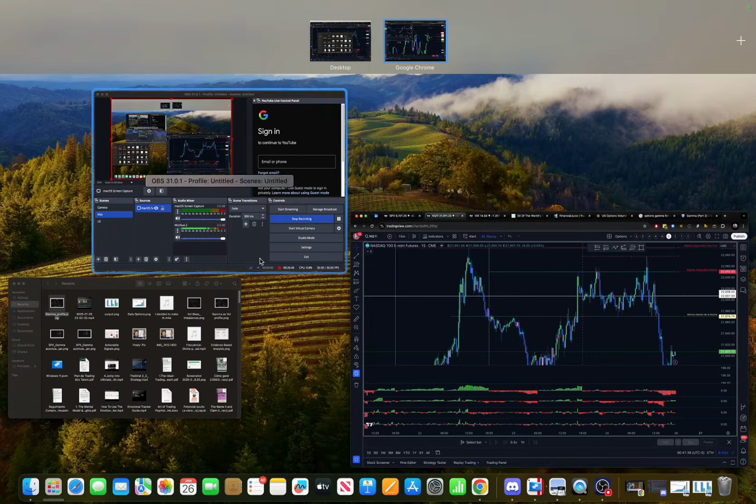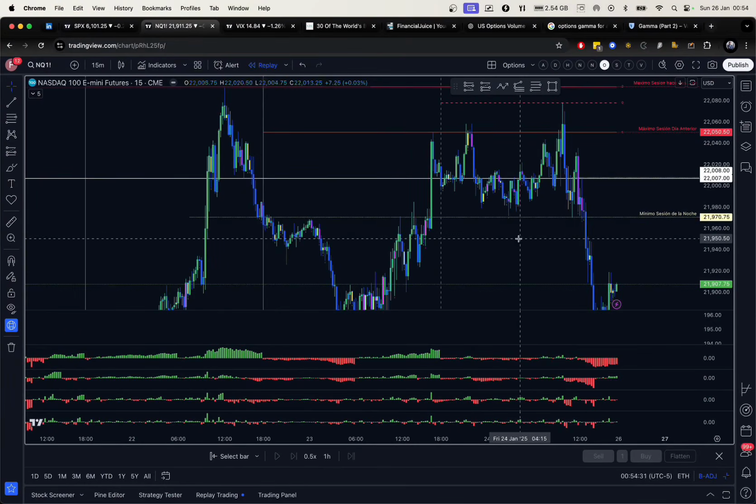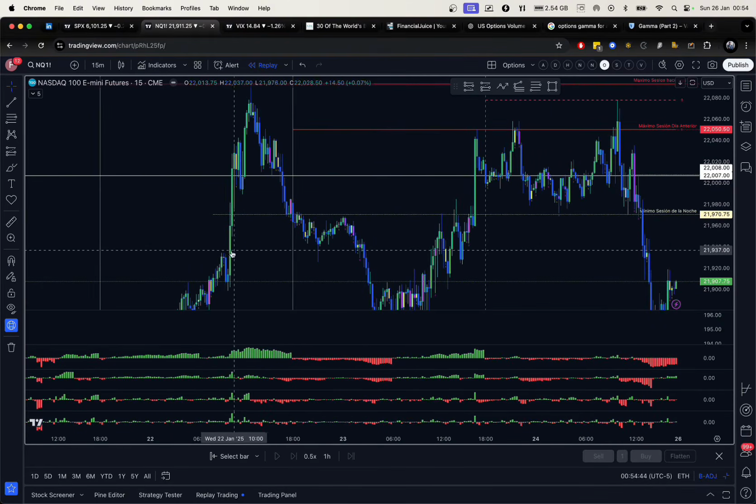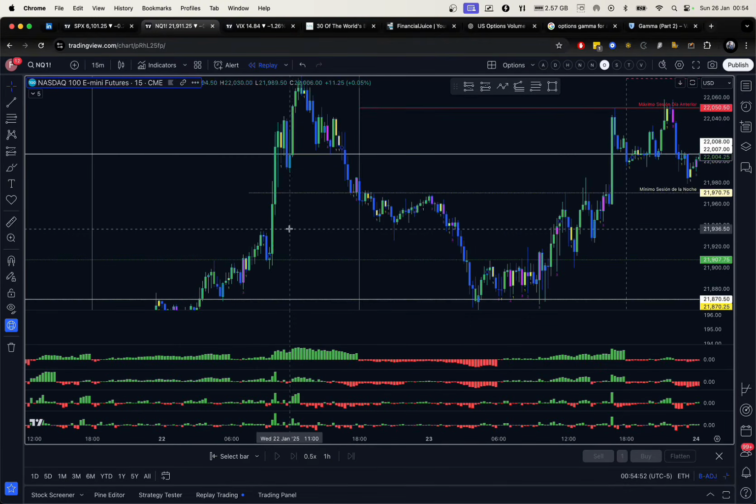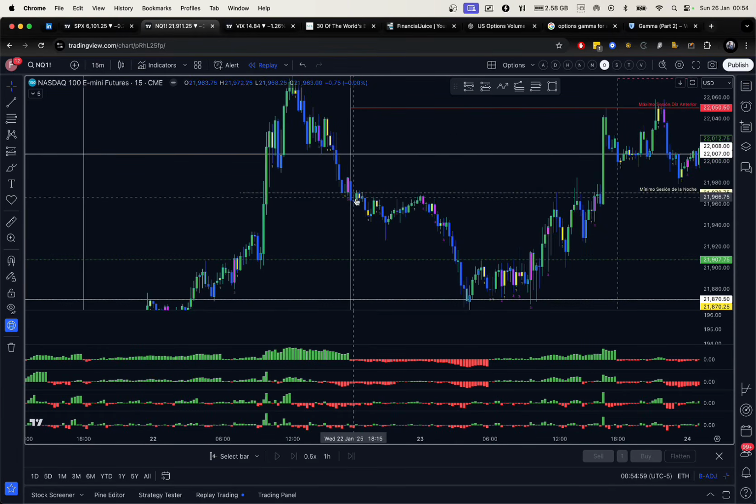Oh, let me show you in the other part, which is easier. Why is the low overnight important? If you see, the low overnight is here, 21,970, and it worked as a resistance, right? When the market opened on the 22nd of January, it found resistance right here, and then quickly broke it. But on the 22nd